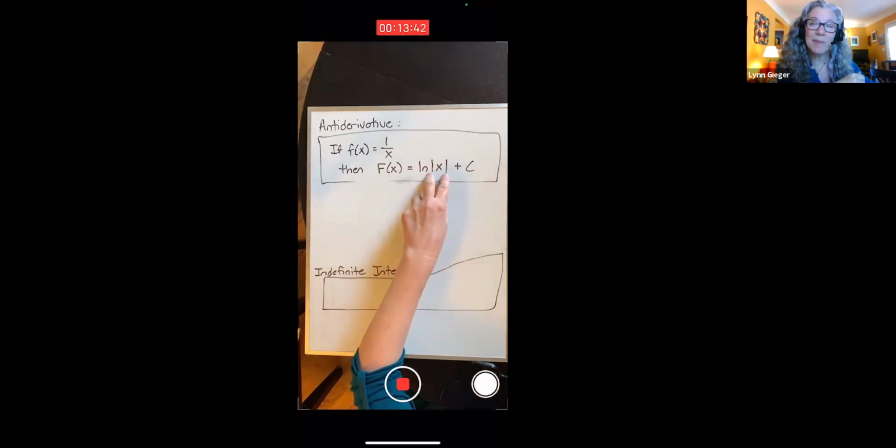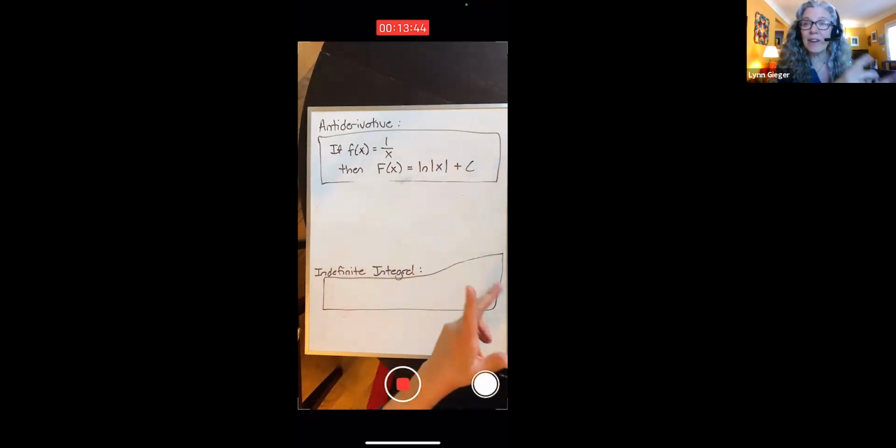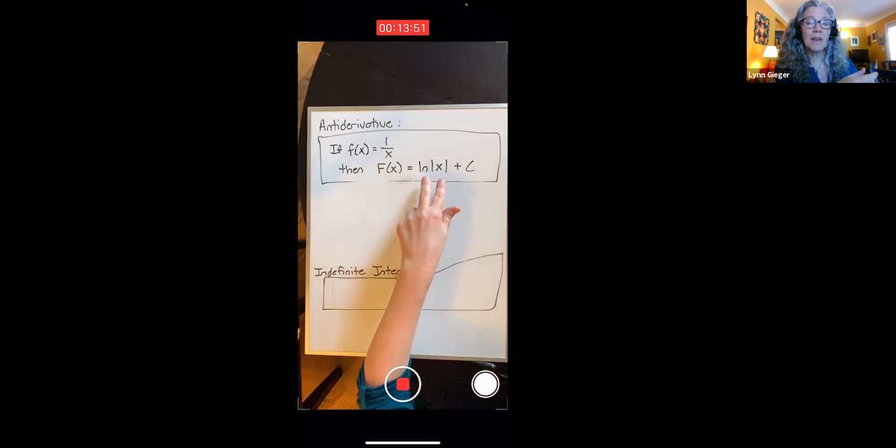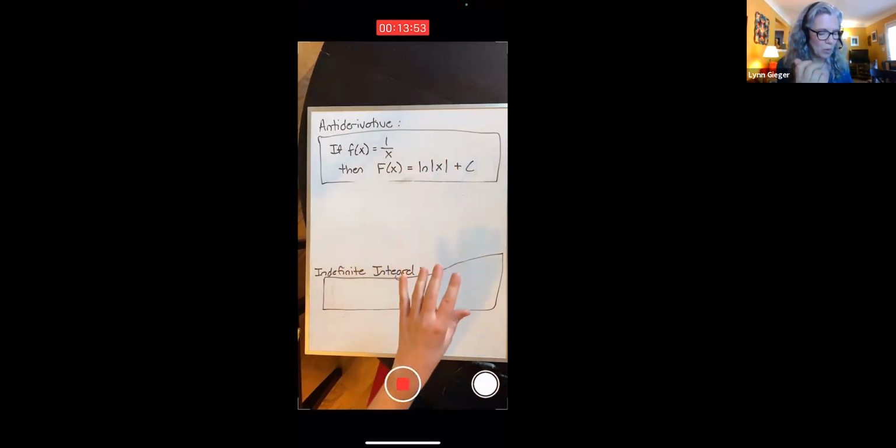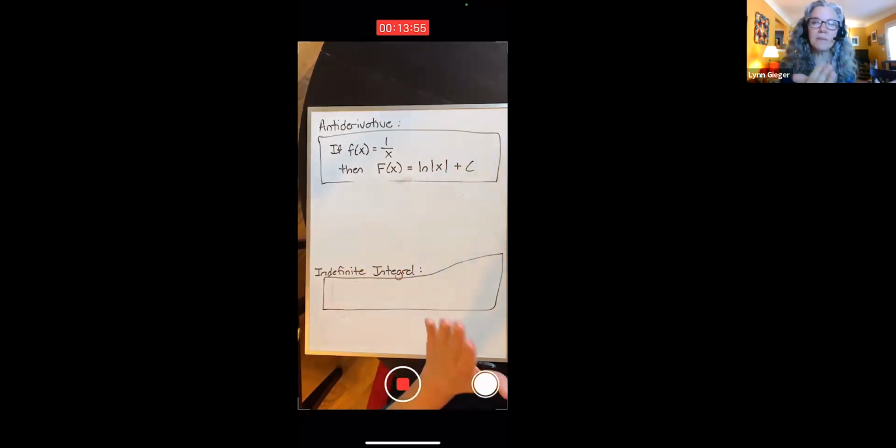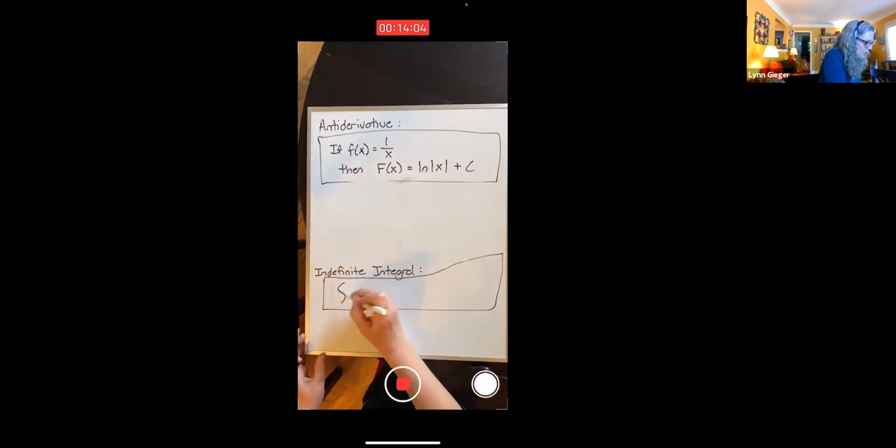That's why you have to have that absolute value, to guarantee that you're not going to be taking the natural logarithm of anything that's negative. So keep an eye out for that. That's another one of those little things that people will often overlook. It's really just to make sure that we don't throw anything into the natural logarithmic function that's going to cause it to break. Now, as an indefinite integral, this would read